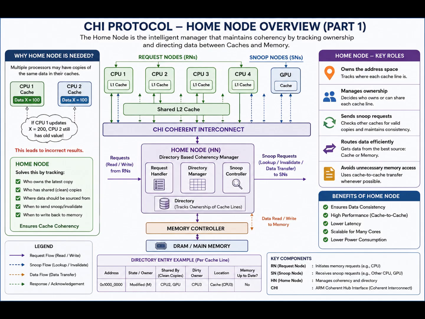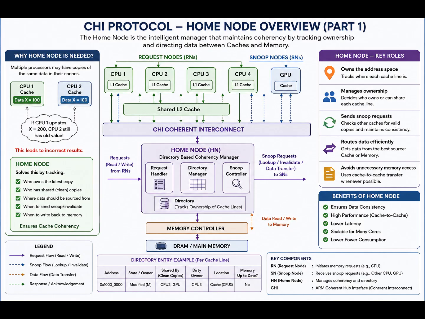This challenge is known as cache coherency, and solving it efficiently is one of the most important responsibilities in modern processor design. That is exactly where the Coherent Hub Interface, or the CHI protocol, comes into the picture. CHI was developed to provide a high performance, scalable cache coherency protocol for modern multi-core processors. Unlike older bus-based protocols, CHI is packet-based, highly parallel, capable of supporting dozens or even hundreds of cores and devices in a large SoC. At the center of this entire system is one incredibly important component known as the home